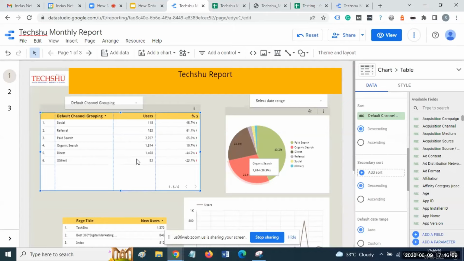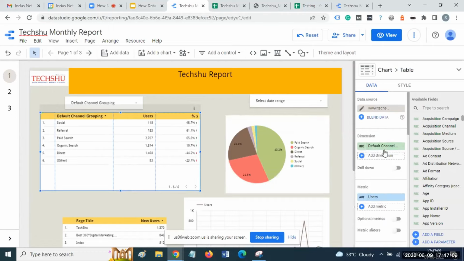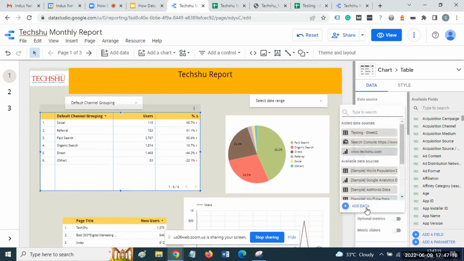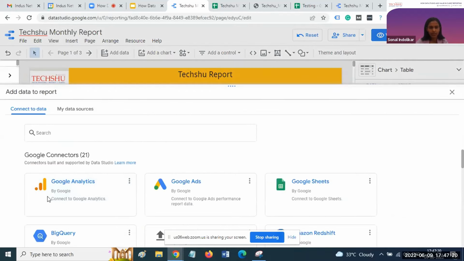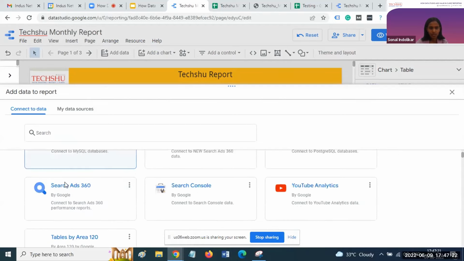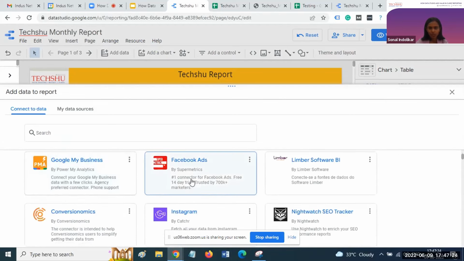So Rohit, when we mean paid, there are third-party applications which are integrated with Data Studio, and those third parties are integrated with Facebook and all. Sonal, do you have any panel or connector which you can show? Supermetrics is connected with this, right? Yeah, so I'll show you. These are the free connectors, as I said earlier. For example, this is Facebook ad, by Supermetrics.